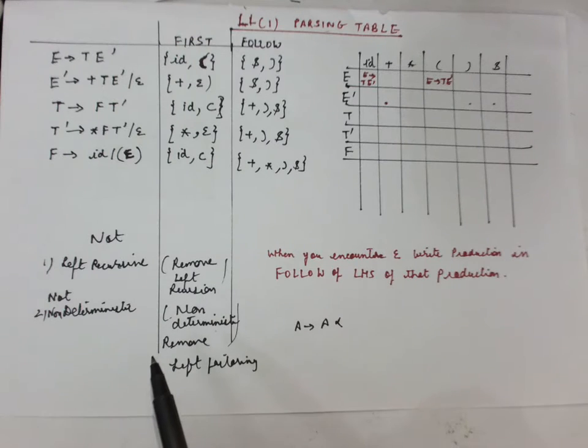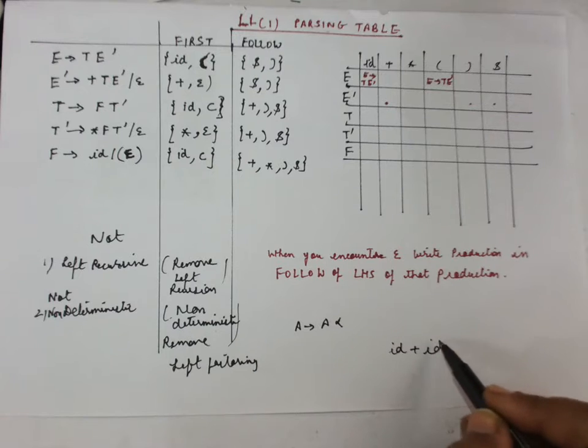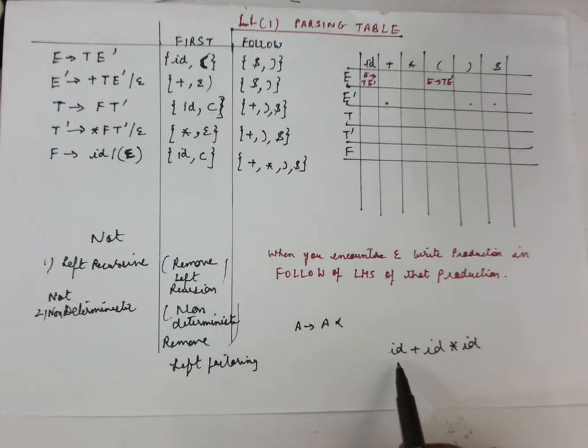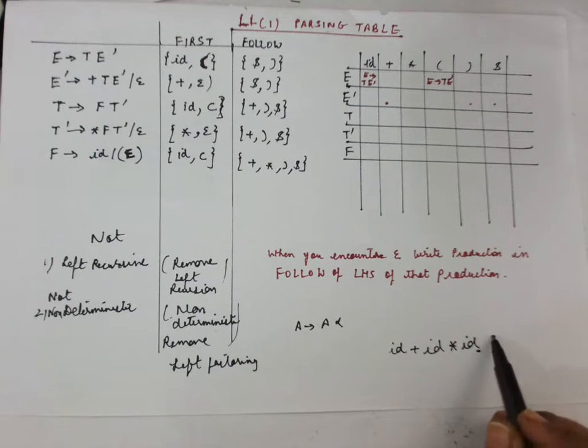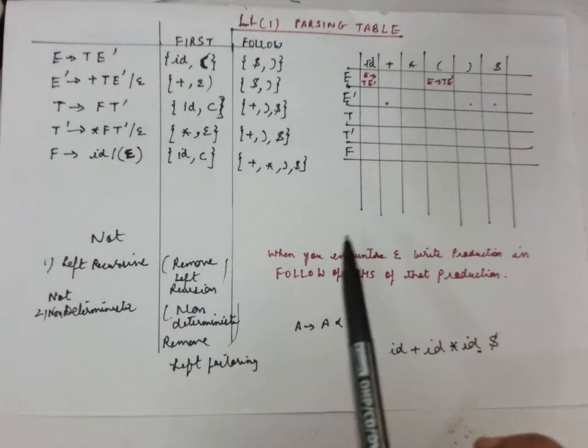Whenever any string is given and we have to parse it, we need some input symbol that tells us when that particular string is done, that is, the end of it. Suppose you have to parse ID plus ID into ID. To mark that this is the last symbol of the string we need to parse, we put a dollar over here. Similarly, we have a stack, and we put a dollar there too. This dollar just tells us this is the end of the string. Because of this, here also we will be putting a dollar sign.